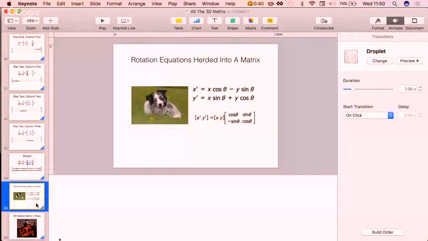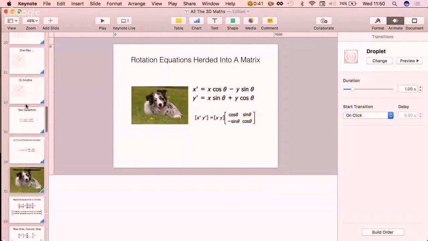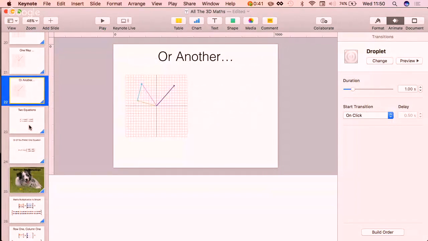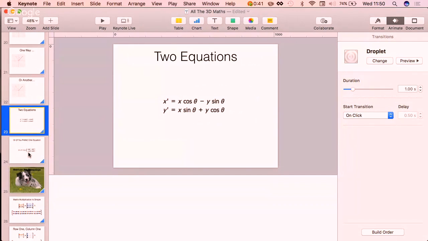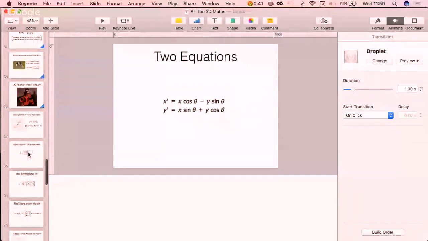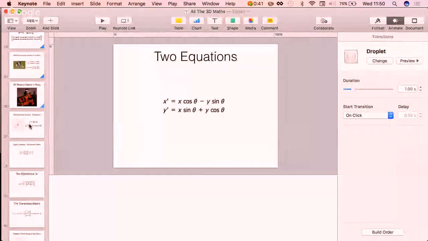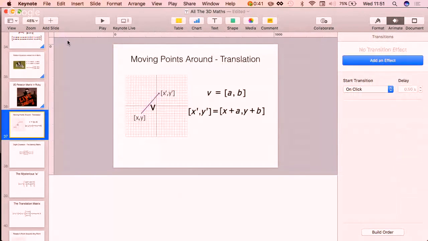Let's go back and have a look at the last version of the diagram, shall we? It was, oh no, it was the one right back at the very beginning, wasn't it? No, actually, I haven't got a diagram to check this against. Should we just imagine it's the right result? Yeah, right. It's right. Do we all feel it's right? Have we got a gut feeling? People are saying it's right. Yeah, that's good. Okay, crack on then. If it's wrong, it's not wrong. It's an alternative right. It's an alternative maths.